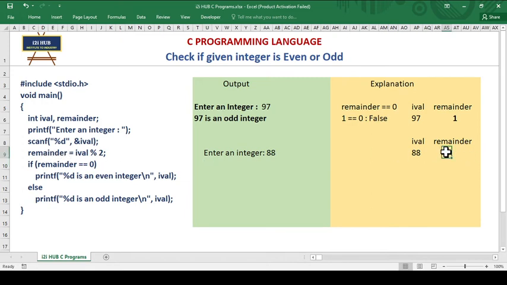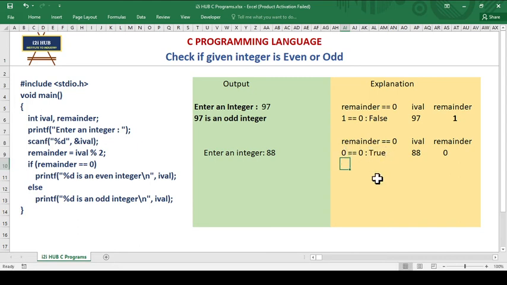Now it will check the condition in the next line, remainder is equal to 0. Now what is the value of remainder? 0. Is 0 equal to 0 true or false? It is true.